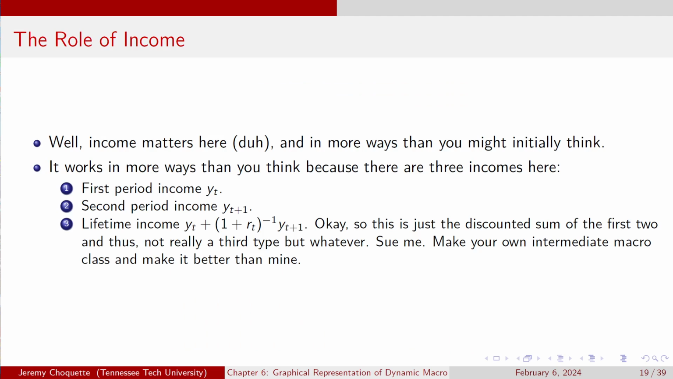And it matters in more ways than you might initially think. Because there are really three incomes for us to be thinking about. There's the first period income. There's the second period income. So there's today's earnings, tomorrow's earnings, and there's lifetime income. Now, it's really just a discounted sum of the first two, and this is not really a third type, but